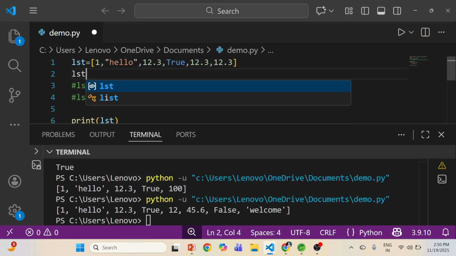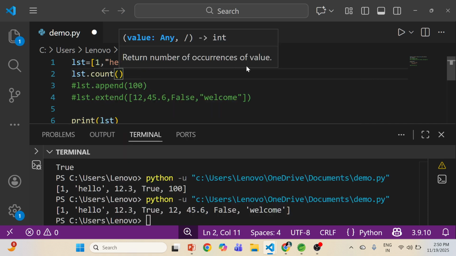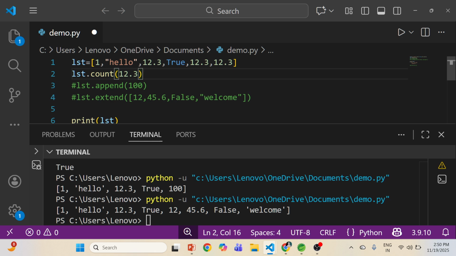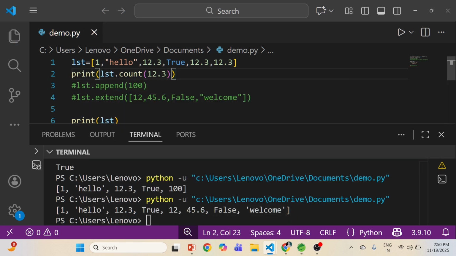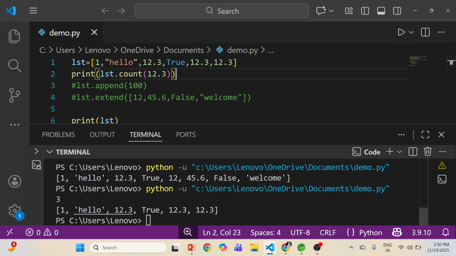I will write list.count, 12.3 I will put. This will give me the number of times 12.3 is occurring in this list. So this function is returning me some value. When a function returns a value, we have to use print to fetch it. This will give me 3. You can see 3 is printed here because 12.3 occurs 3 times.